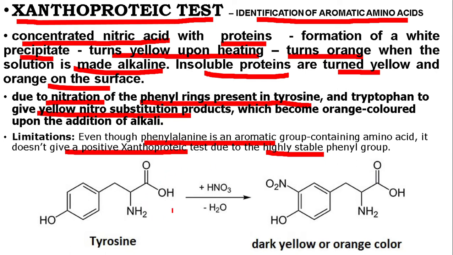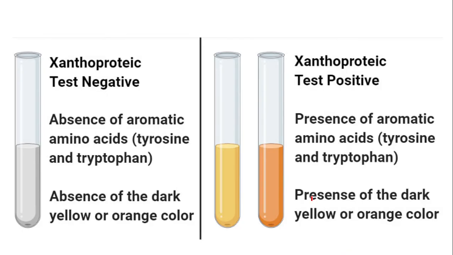And this is actually tyrosine becoming a dark yellow or orange colored product. This is that product. You see, this is how the reaction medium looks. What you see here is a test tube with a negative result. These two are test tubes with a positive result. In these, the aromatic amino acids are present. You can see the yellow color, and it may turn into dark yellow or even light orange color. This is actually a positive test for xanthoproteic, and this is there in your practical syllabus. You will do it in your laboratory.